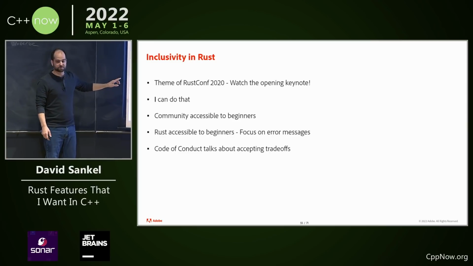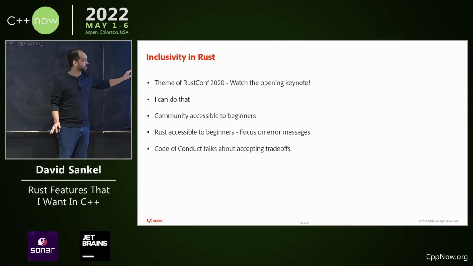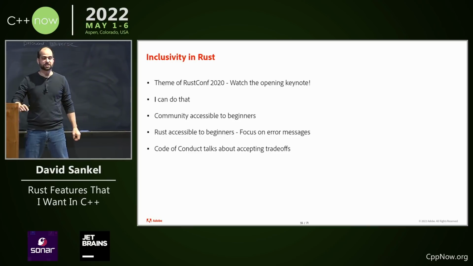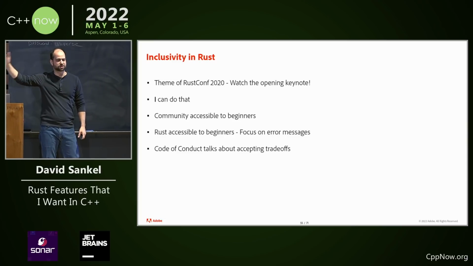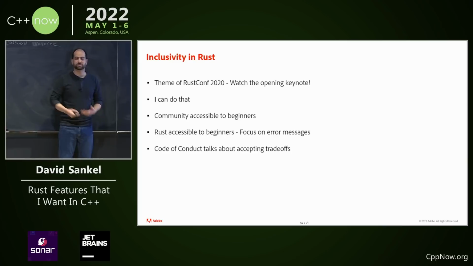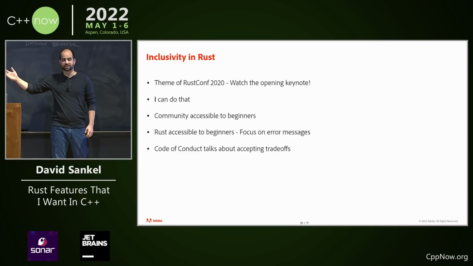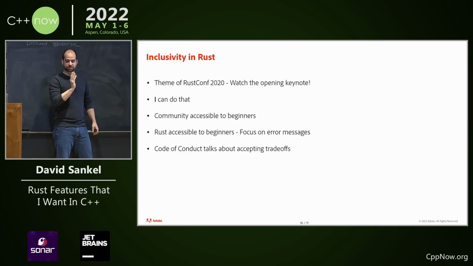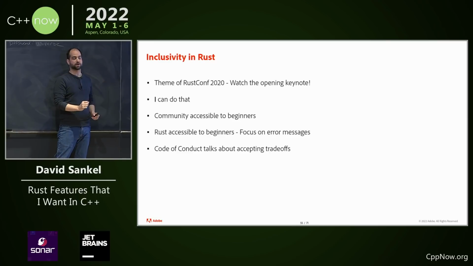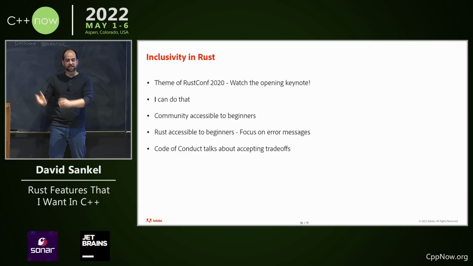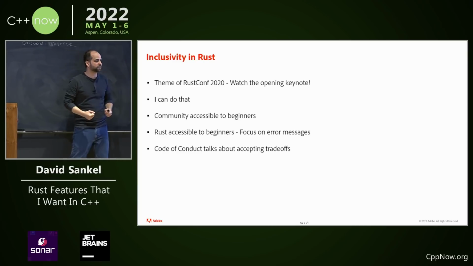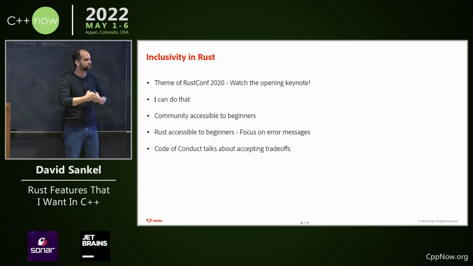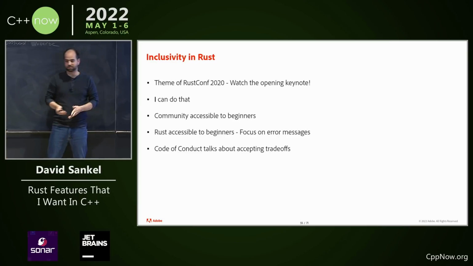Their code of conduct is cool. And one of the things that they have in their code of conduct, which I haven't heard anywhere else, is they talk about accepting trade-offs. If you see an idea which you think is a bad idea, frequently you'll say, I think that this is a bad idea. I think we should go with this. They say, hey, here's a little tip how to make an inclusive community. Instead of saying, I think that that's a bad idea, here's a good idea, they'll say, that idea has a certain set of trade-offs. Here's what those trade-offs are. I have this alternative idea, and this has this different set of trade-offs. Now let's talk about the difference of the trade-offs. You see, now it went from a combative discussion into a mutual discovery of truth. I think that's really sweet.